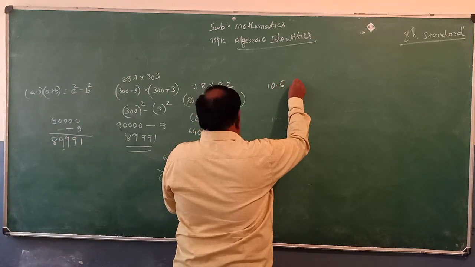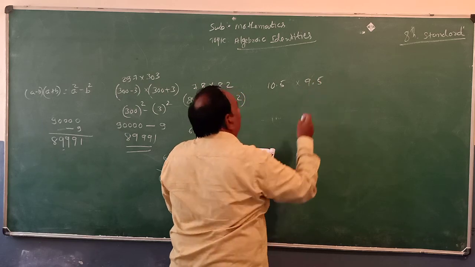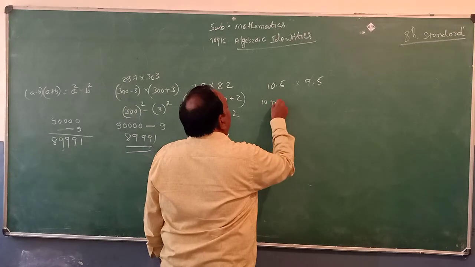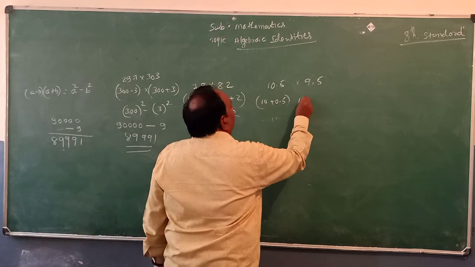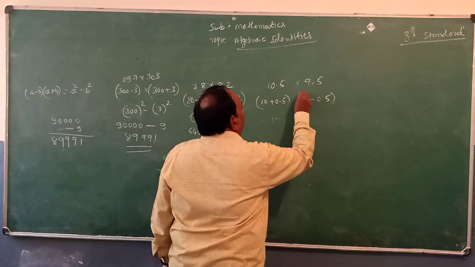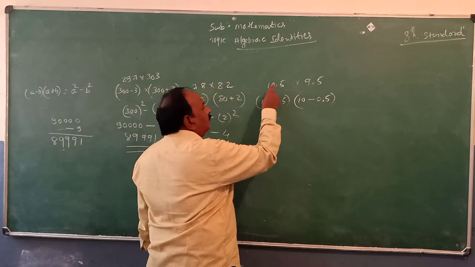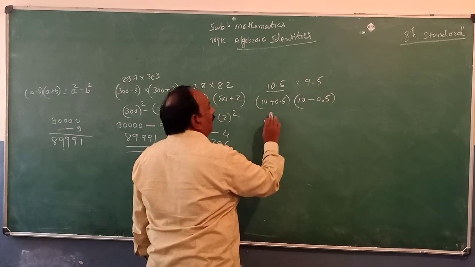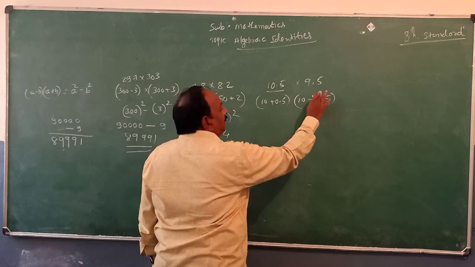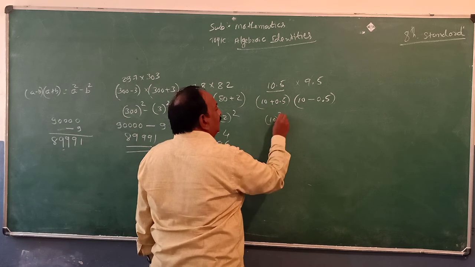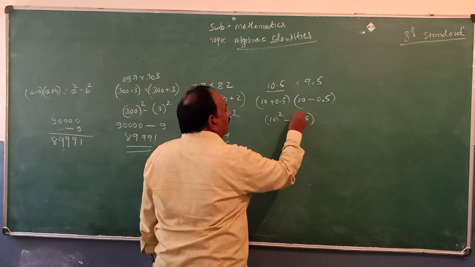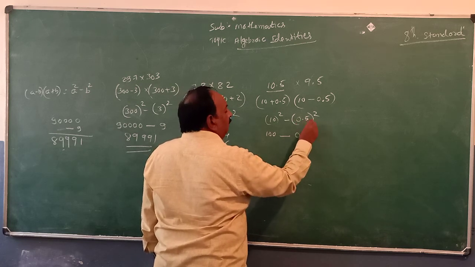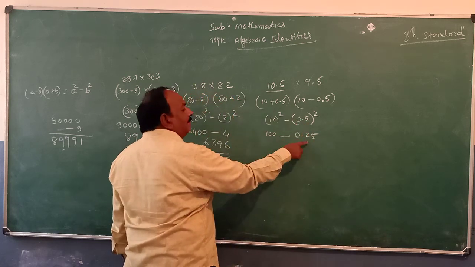10.5 into 9.5. So this is one more problem. 10 plus 0.5, 10 minus 0.5. 10 plus 0.5 is 10.5, 10 minus 0.5 is 9.5. (a + b)(a - b), a square minus b square. 10 square minus 0.5 whole square. 10 tens are 100. 0.5 fives are